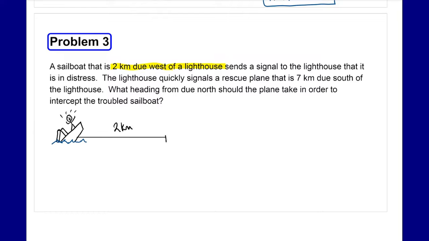So we can draw in our lighthouse here. And sometimes it's nice to have a nice drawing. Sure, this looks like a lighthouse. So we have our lighthouse,